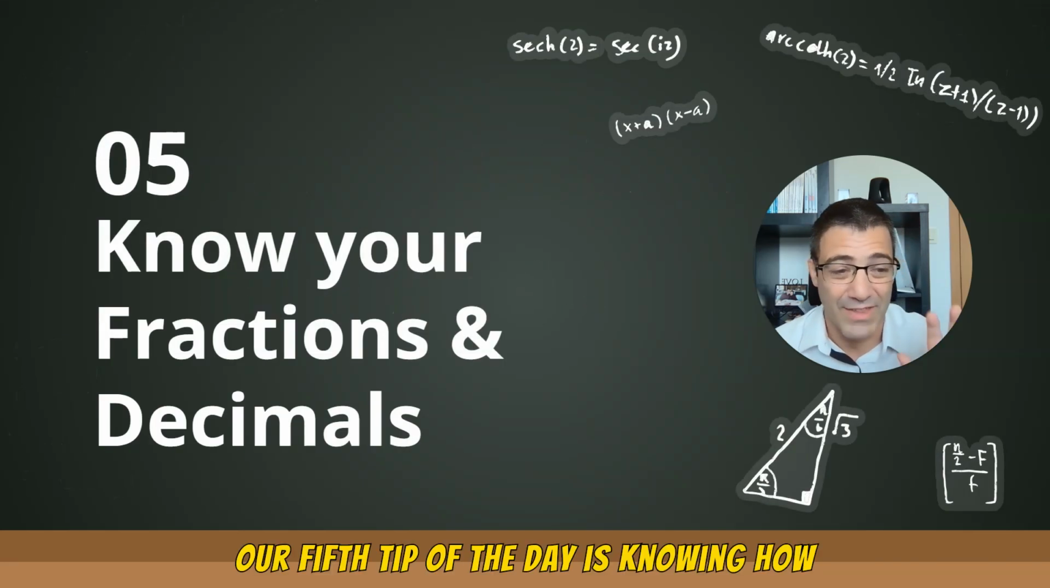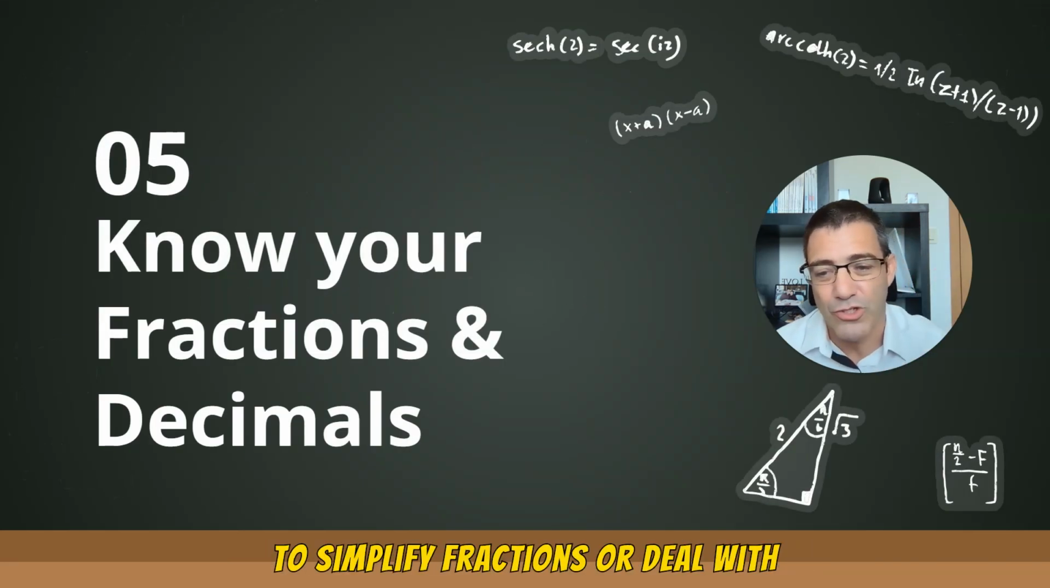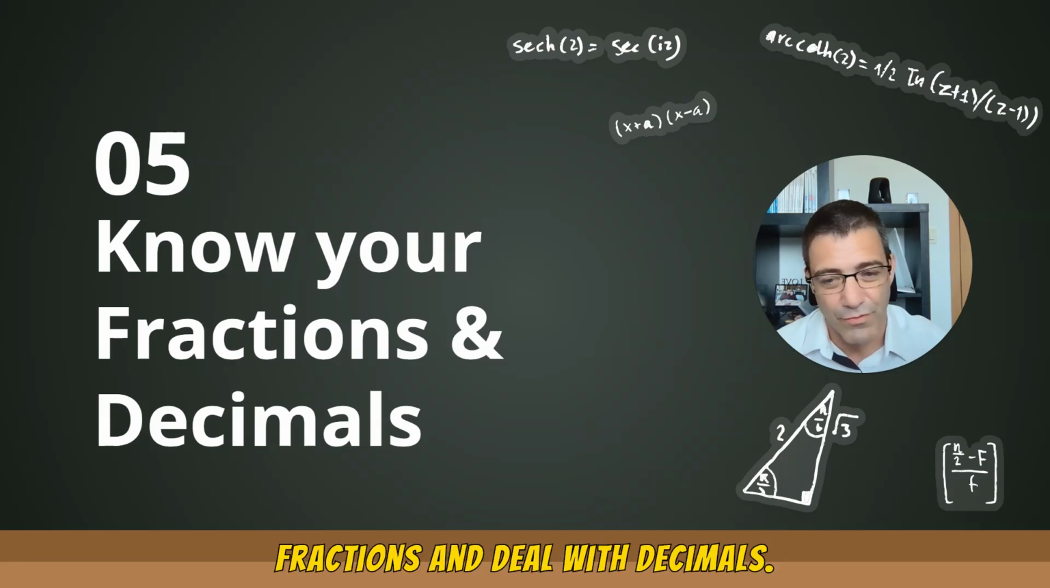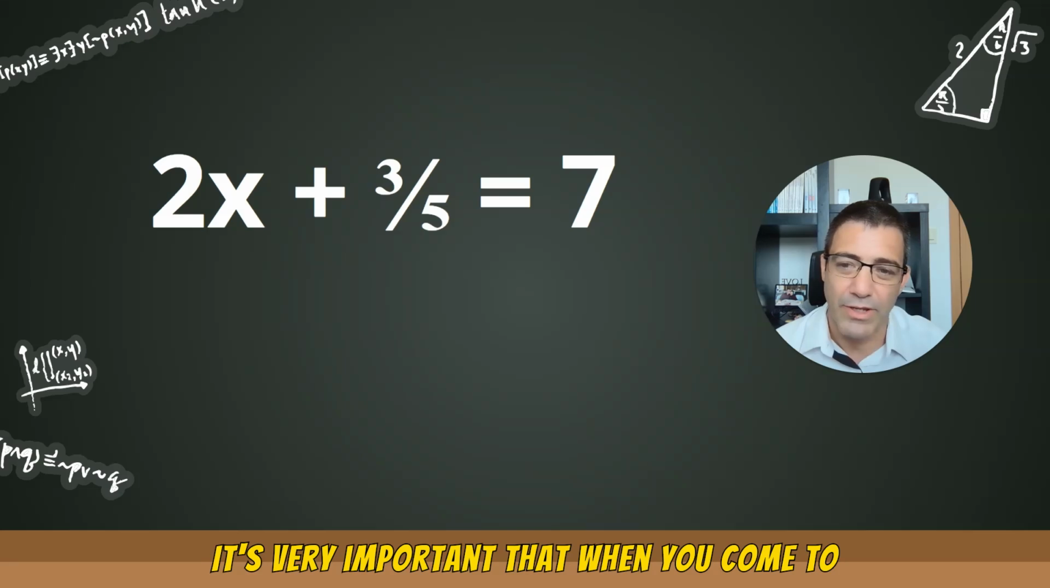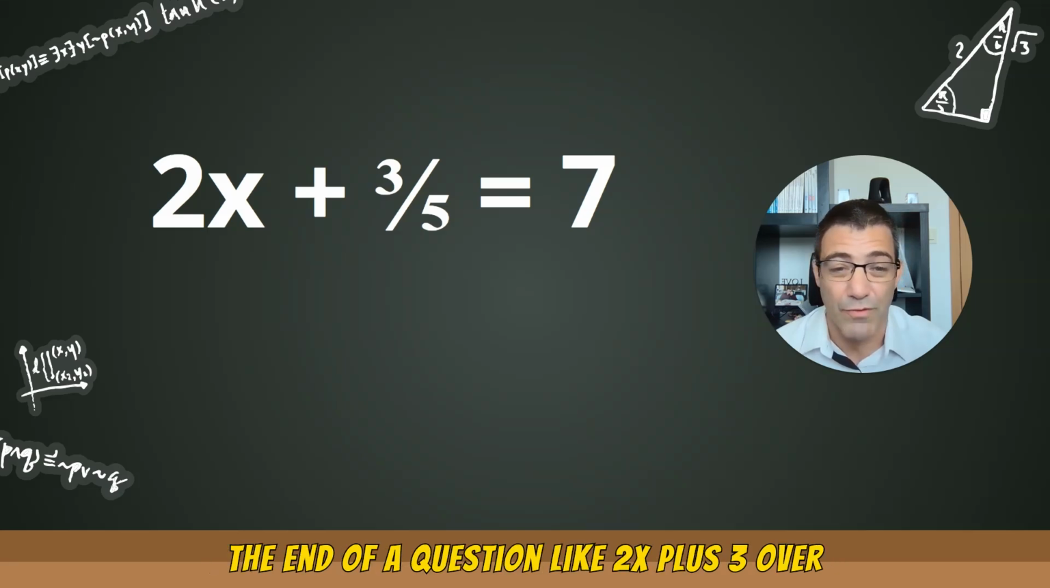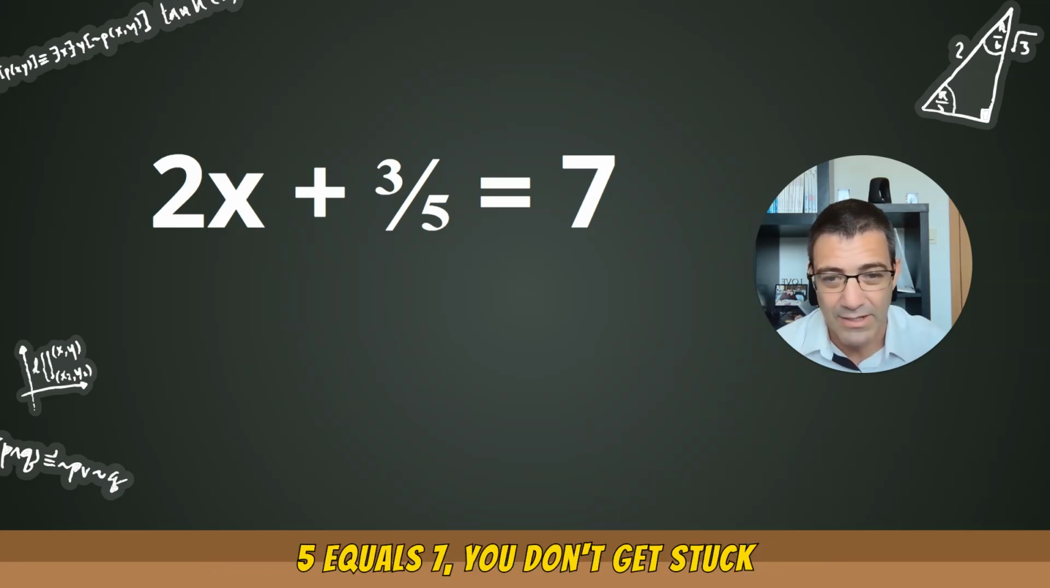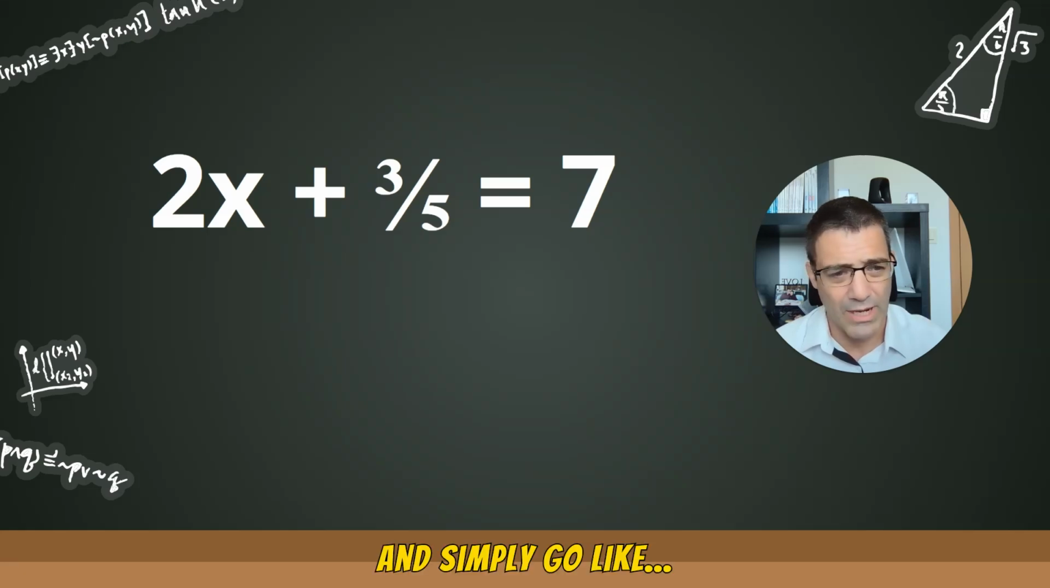Our fifth tip of the day is knowing how to simplify fractions or deal with fractions and deal with decimals. It's very important that when you come to the end of a question like 2x plus 3 over 5 equals 7, you don't get stuck and simply go like,